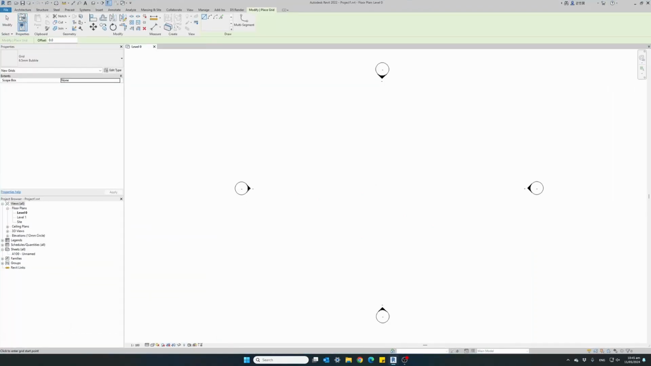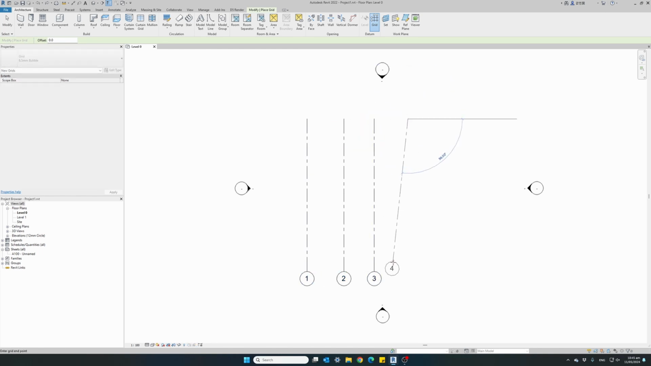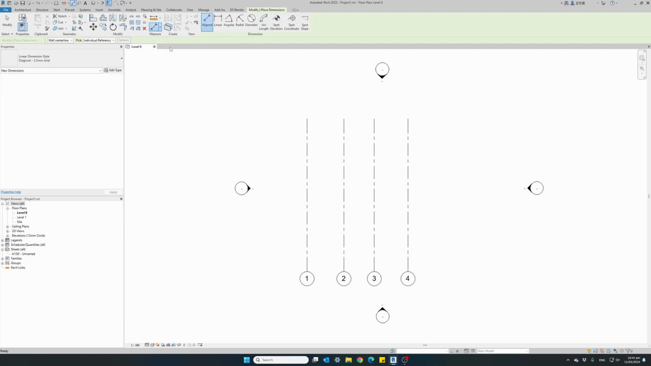So let's start by adding some vertical grid lines. Notice I'm just adding them randomly without considering the distance between them, and our goal is to space them evenly at an equal distance between these four grid lines. To do this, just add dimensions from the first axis to the second all the way to the last,